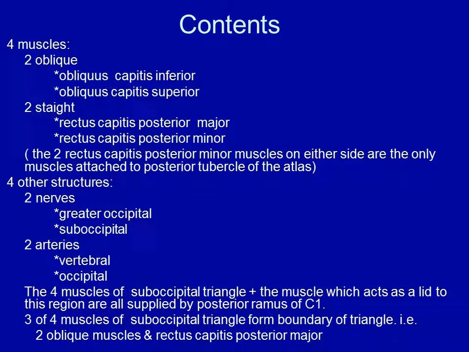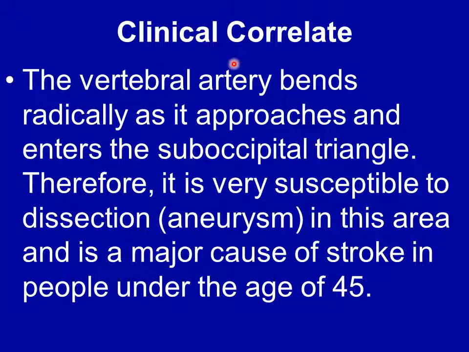So let us discuss the clinical correlation. But before that, the contents are very important in the suboccipital triangle. Number one, I told you the vertebral artery, the dorsal ramus of C1, the first cervical nerve or the suboccipital nerve. Then we have suboccipital veins, a plexus of veins. Then we have other structures related to the triangle: the greater occipital nerve from the dorsal ramus of C2, the third occipital nerve from the dorsal ramus of C3, and the occipital artery. But the main true contents are the vertebral artery, dorsal ramus of C1, and suboccipital venous plexus.